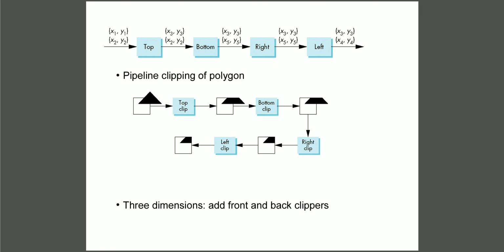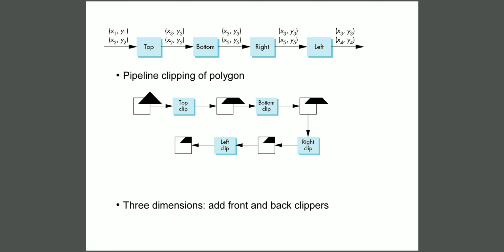Then this is given as an input to the right side clipper. When we observe, the polygon is going beyond the right edge of the window, that is, beyond the x maximum value, so clipping needs to be applied here and the result is given as an output. Now the output of the right side clipper is given as an input to the left side clipper. We observe the polygon is not going beyond the left side of the output window, so the input it received is given as the output. This is nothing but pipeline clipping of a polygon, or clipping of a polygon by four independent clippers.